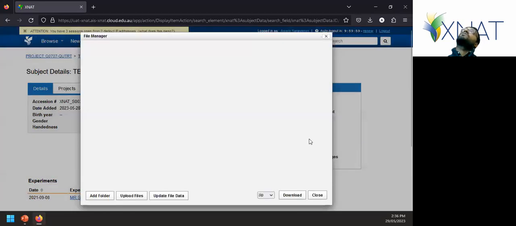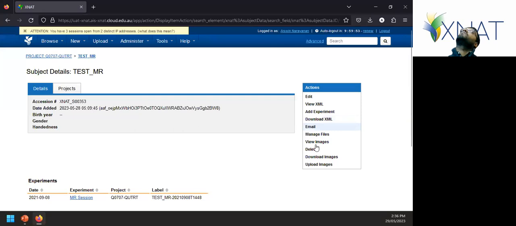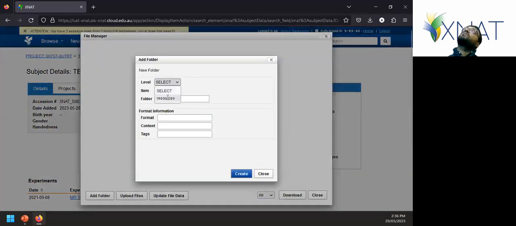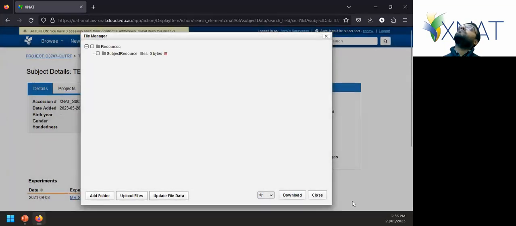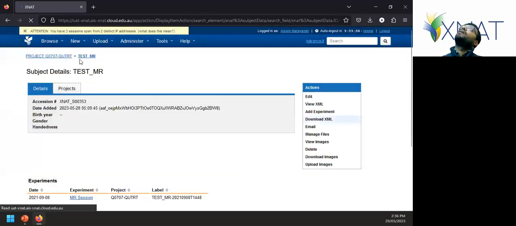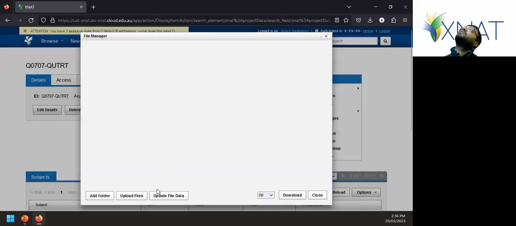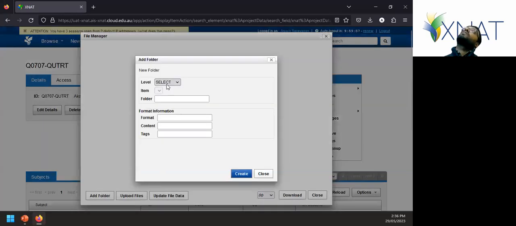So if you go to manage files on the subject, there's nothing here. This is because this is the files for the subject. So this only works across the subject. So if we say create a folder called subject resource, and we go up to the project, there's nothing here. And if we go here and we go and create project resource,